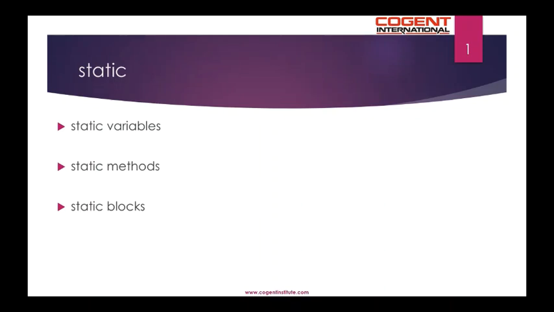We have seen in the first Java program that the main method is the entry point for the JVM and that the JVM invokes this method before creating object of the class in which this method is defined. So what makes this possible? If you recall, it was the static keyword. In this module, we will take a closer look at this keyword.